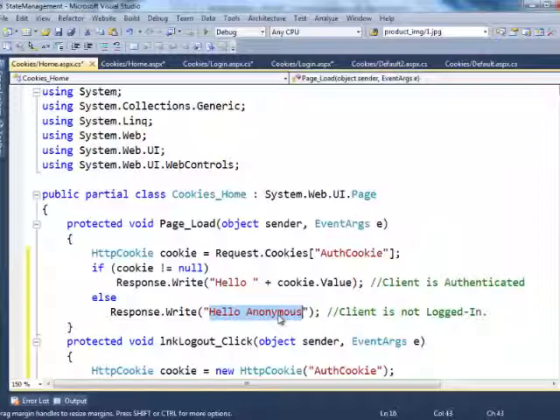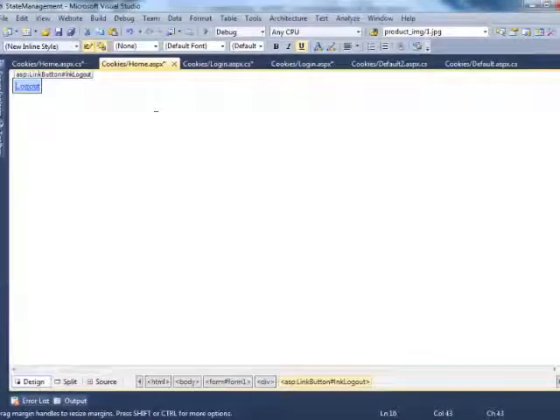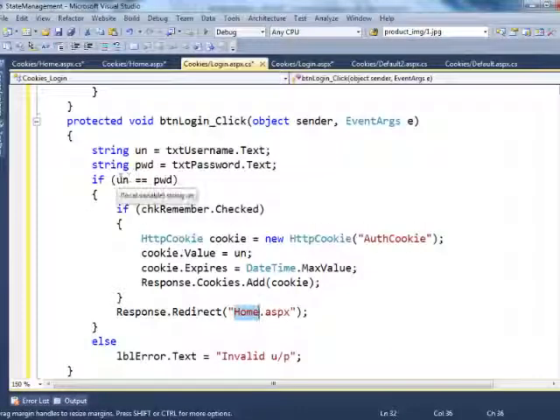Okay, the redirection will be made. No, that's not my question. My question is, username is not entered and password is not entered. It will say hello anonymous only, because null equals null, right? Here the username will be null, and the password will be null. So null equals null means a valid condition. It will redirect and it will say hello anonymous.